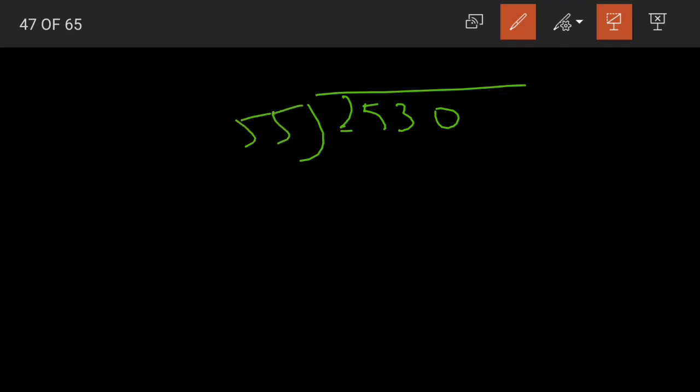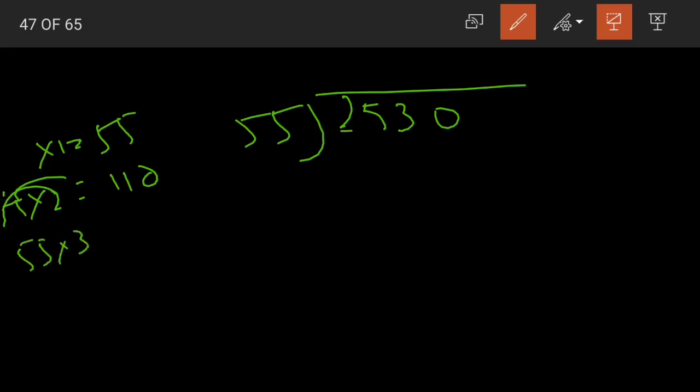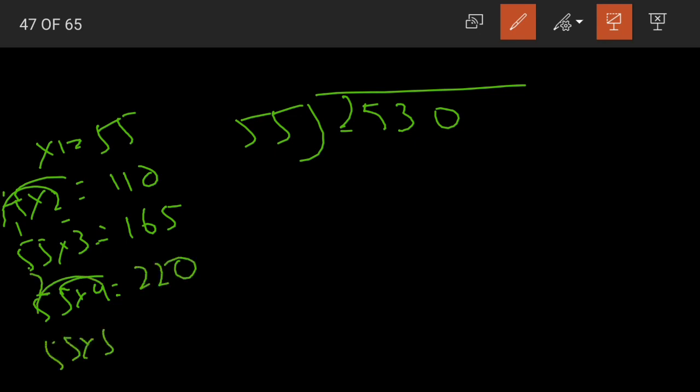What should we do? 2530 divided by 55. 55 ones are 55. We know that. 55 twos are how much? 5 twos are 10, 5 twos are 10 plus 1, 11. Yes, 55 threes: 5 threes are 15, 5 threes are 15 plus 1, 165. 55 fours: 5 fours are 20, 5 fours are 20, so 220. Now 55 fives are